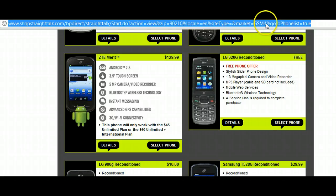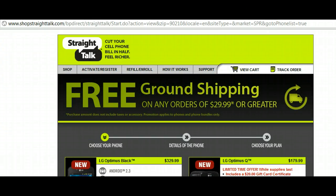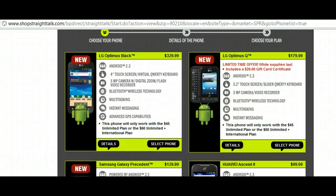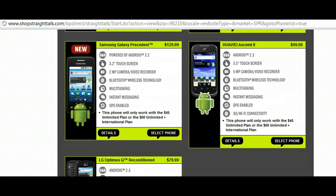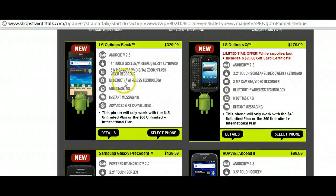in your area. And so if we look over here, and we'll go ahead and type in SPR just to see only the Sprint phones, and we look and we see all these Android phones, and one of them is the LG Optimus Black. So that's the other way you can use this trick,